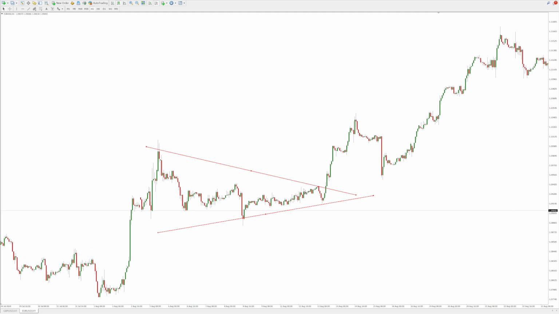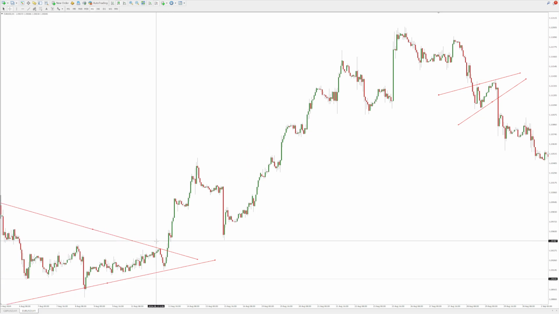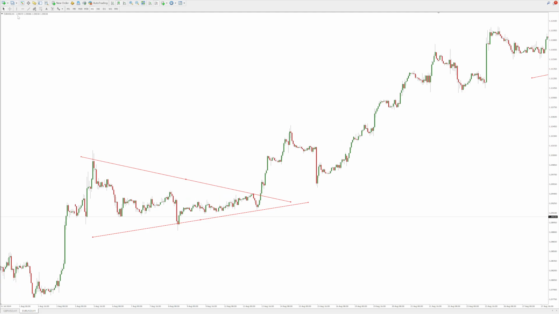Okay, so again, this would have been another powerful entry had we entered here. You can see that this is over 250 pips worth of potential in that trade. We could have again used the stop loss below the recent low of support, which would have been around 25 pips, which is still a reasonable stop loss for the 1 hour chart time frame, especially when you consider that this would have been a 10-to-1 risk to reward ratio trade, considering how far the